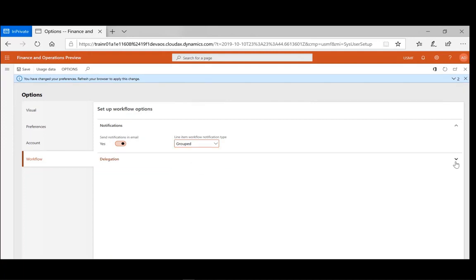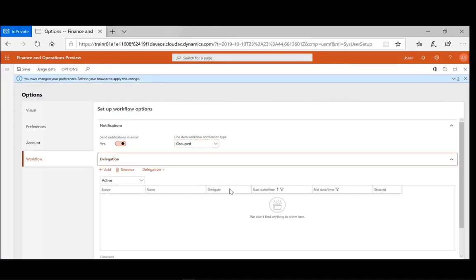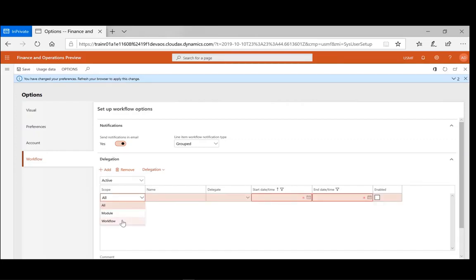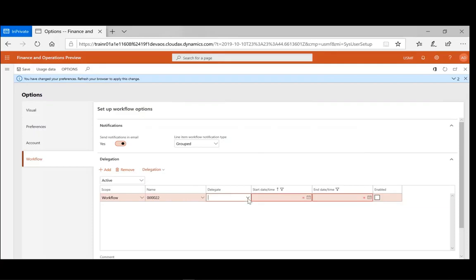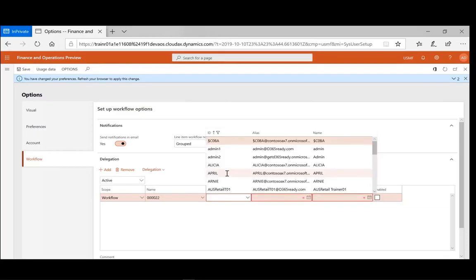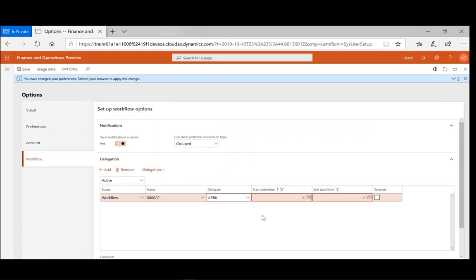If I'm planning to go on vacation in a short time, I can always add my workflow and specify any workflow in my system. For example, expense report posting. Okay, and I can delegate to my colleague who is, for example, April, and I can set up the delegate range, for example,